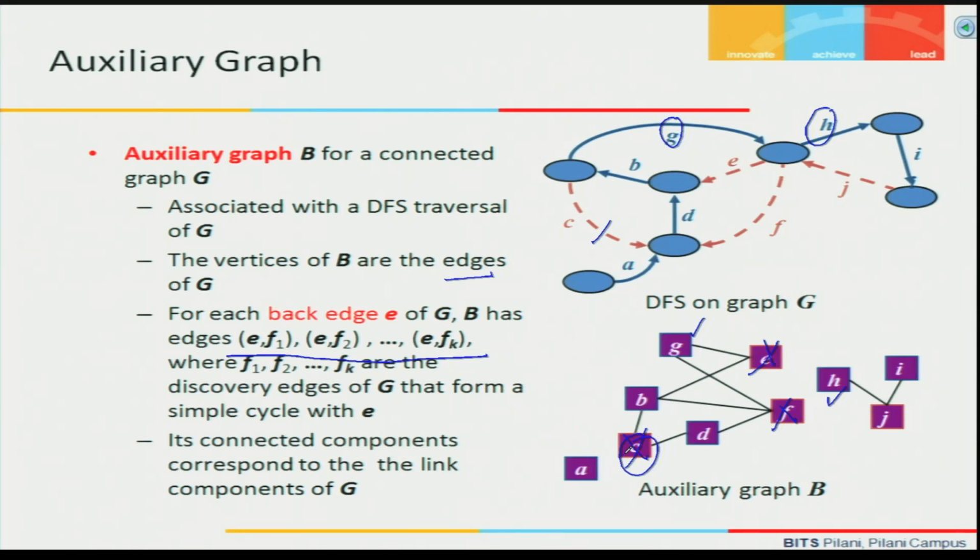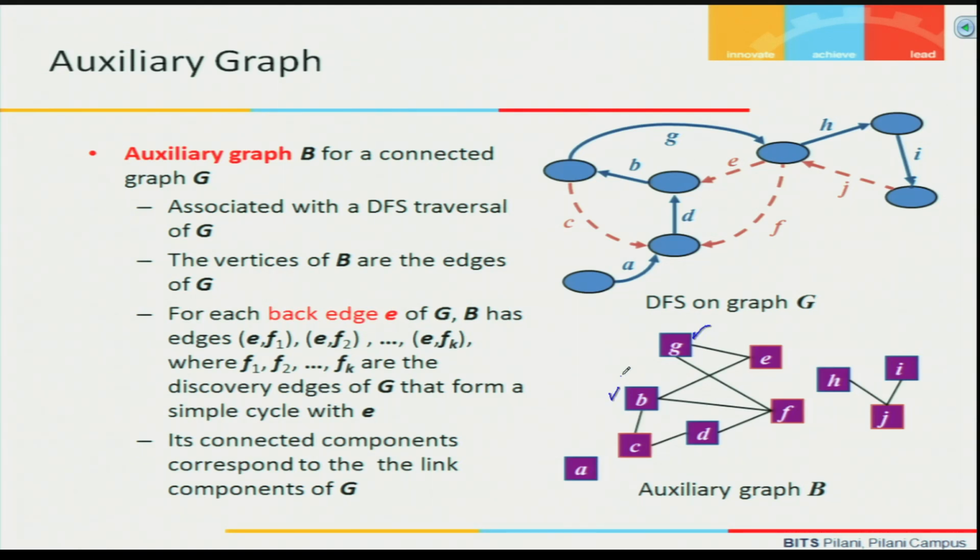Now, for every back edge you look at F1, F2, Fk, such that when you do that they form a simple cycle with E. So, now E, see that if I have this particular thing, then this is a simple cycle. So, E will be connected to G and B. So, if you look at it, E is going to be connected to G and B,